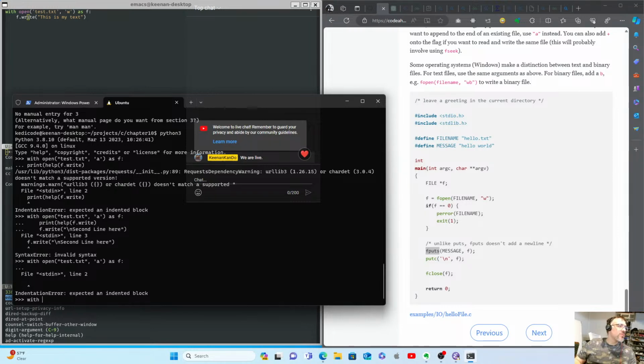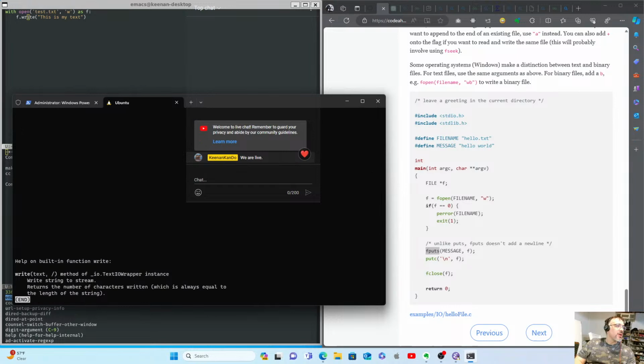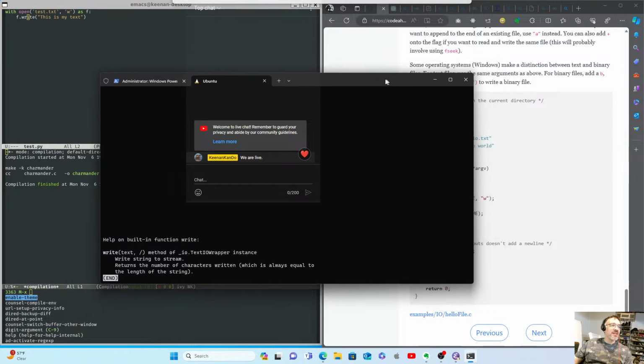Let's just do, we can close it afterwards. So I'm going to just do f equals open test.text. What I'm trying to prove is that it is really okay. And then we have f, we'll do help f.write, right? Okay, returns the number of characters written, which is always equal to the length of the string. Writes string to stream. Method of TextIOWrapper. Okay, so based on that,